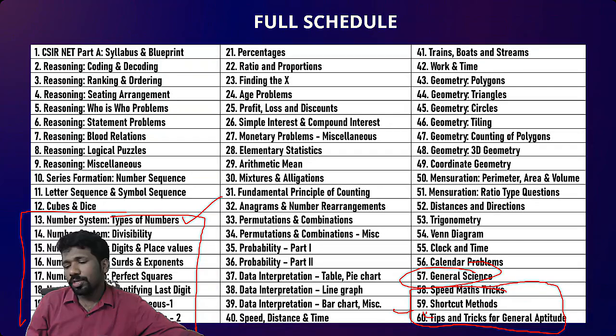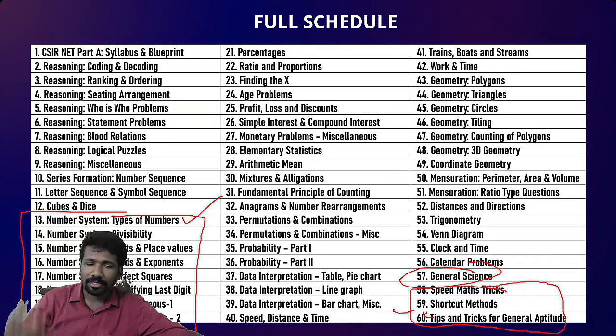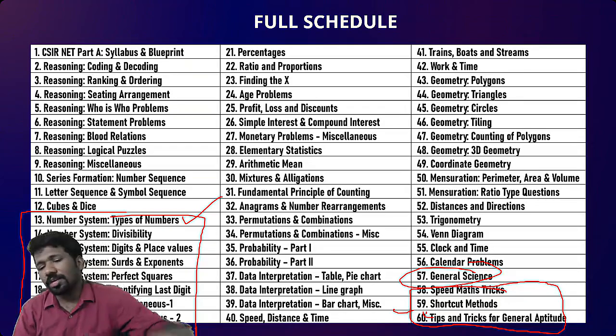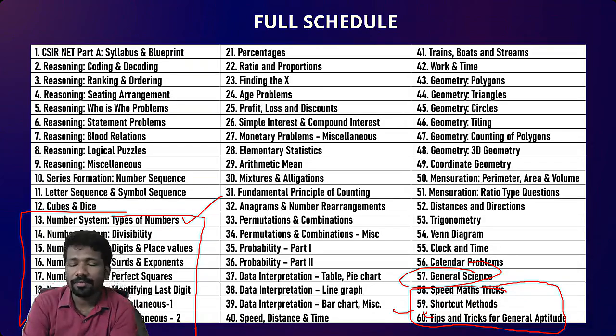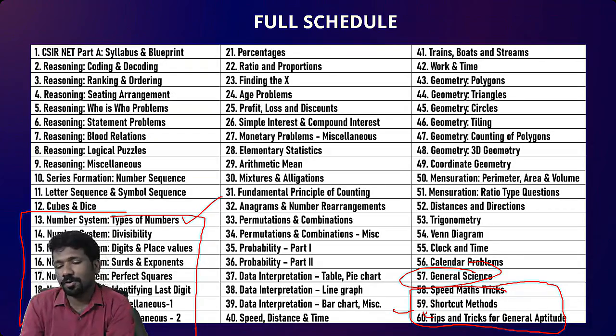If you join the WhatsApp group, you can have interaction with your batchmates also. You can post your doubts. You can answer others' doubts so that the learning culture improves. And if you know something, try to share it with your friends because that will help a lot to learn better. When you explain something to your friends, you will learn it better. That is very important, because you will think about all perspectives of that.